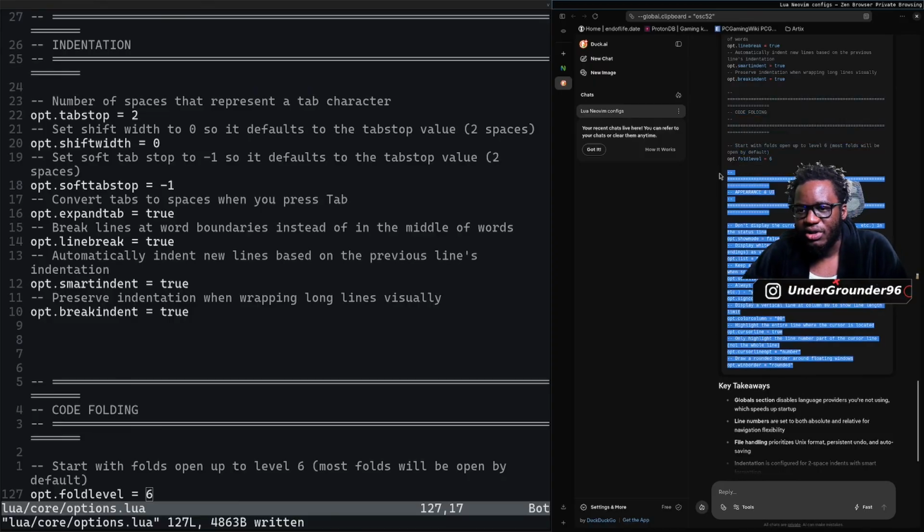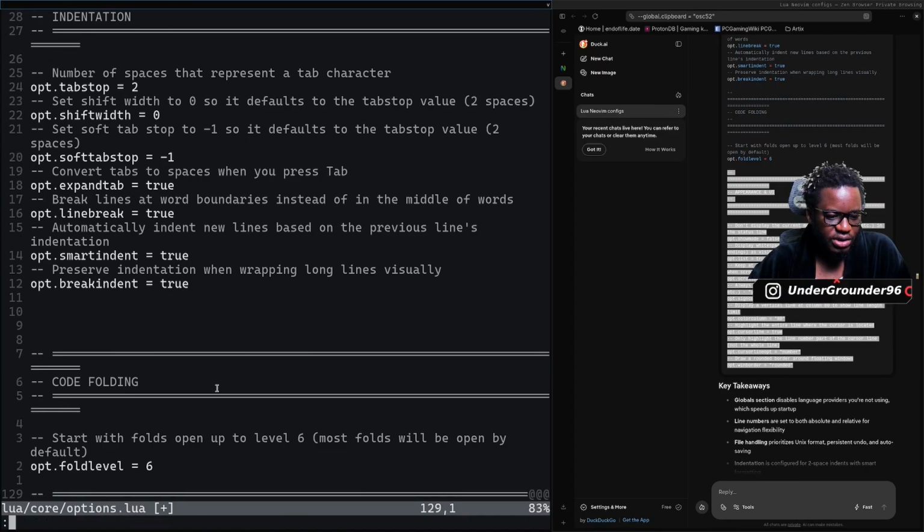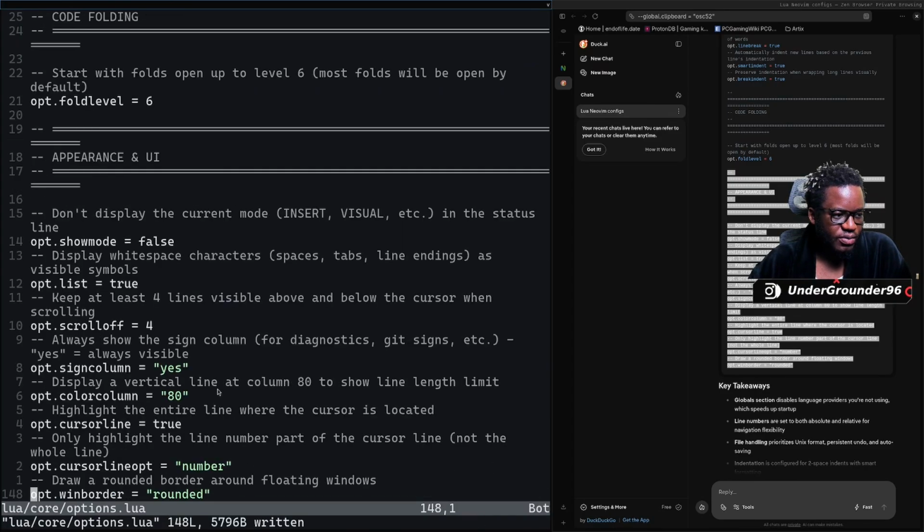We're almost there. Now we get into appearance. So if we do this,